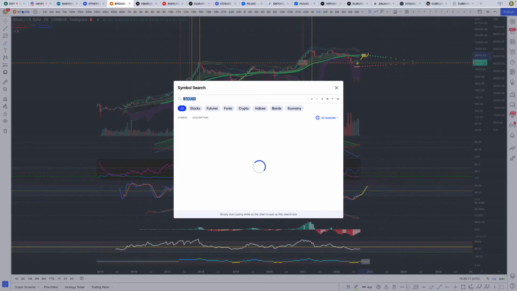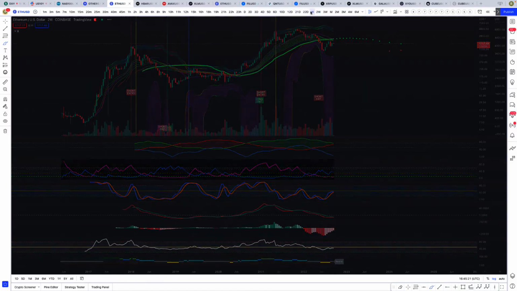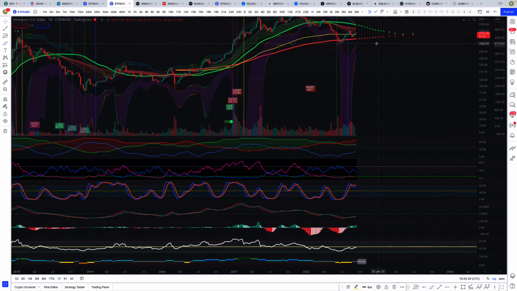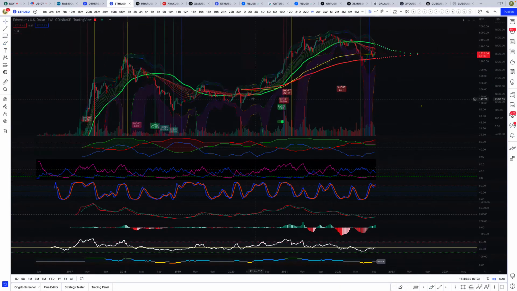And then if we go to Ethereum and we go on the 1 week chart, we're seeing the stock RSI crossed up, TSI's crossed, MACD's good, and we're above. We closed above the yellow line here, the 200 moving average on the weekly. When we closed above the 200 moving average on the weekly back here, that signaled that we went up on this bull run. So that's what I want to see out of Ethereum.